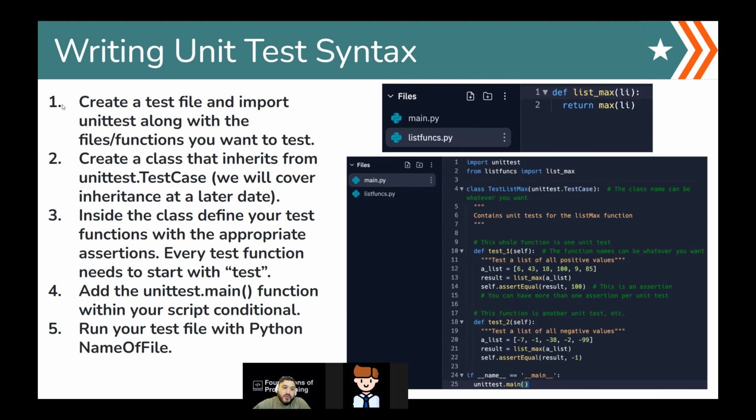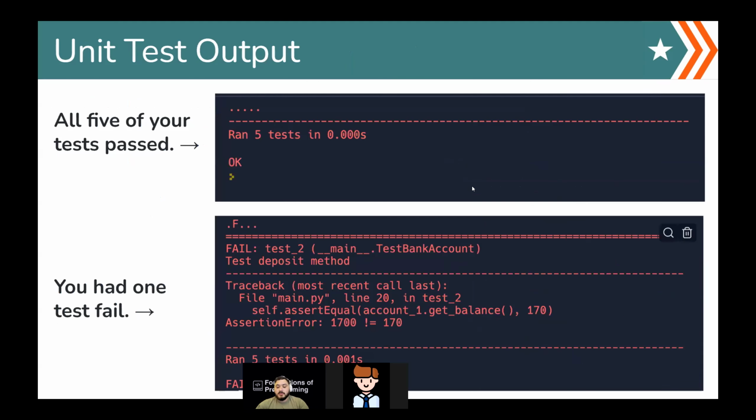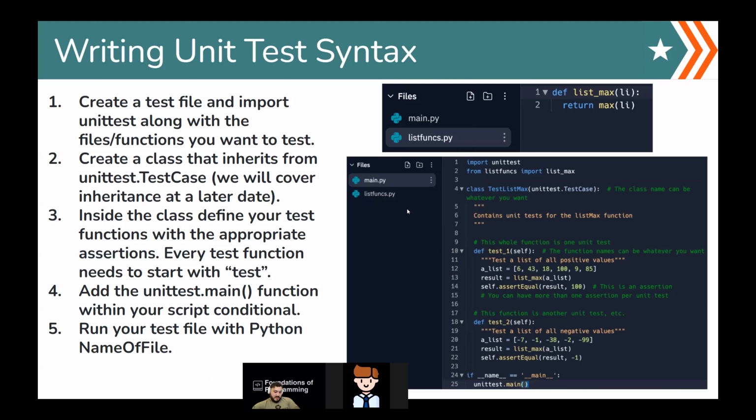The next step will be to create a class that inherits from unittest.TestCase. We haven't talked too much about inheritance yet, but you can see here we call the